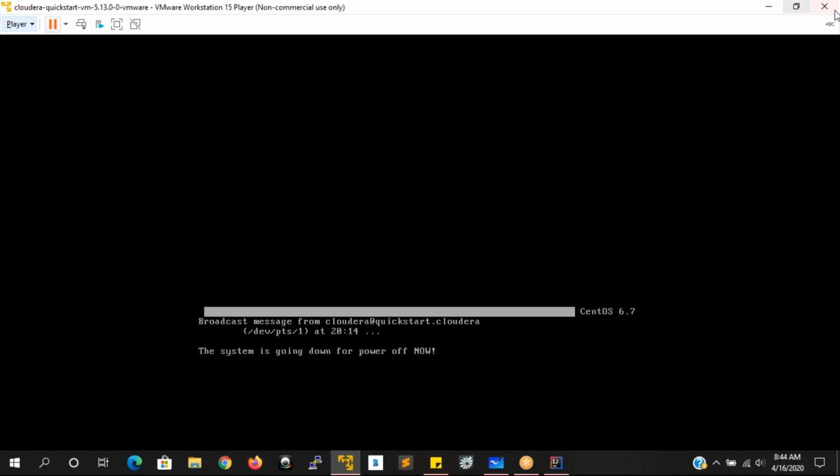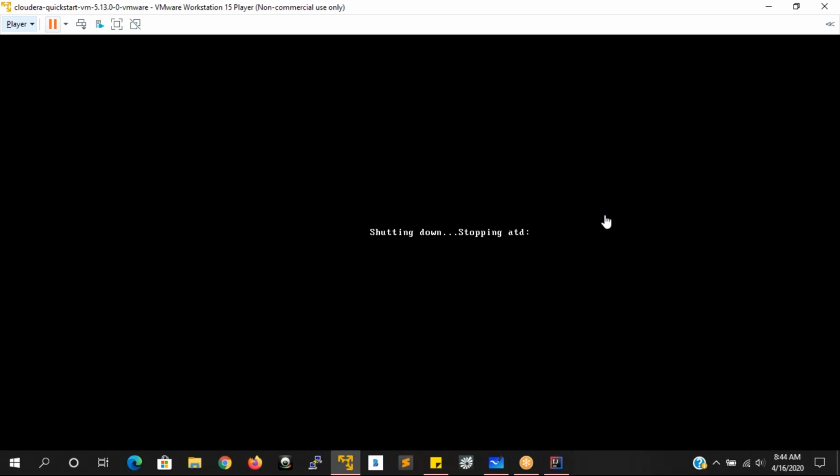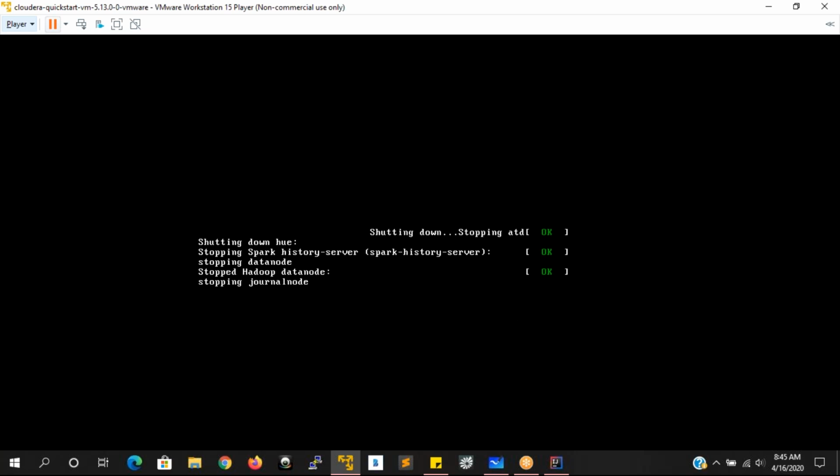If you just close it, it is like, without shutting down your system, you just switch it off. It closes abruptly. You have to go like this only, then your system will run for a long time. Otherwise, you will see that kind of problem. Sometimes your name node will get corrupted and will not start.